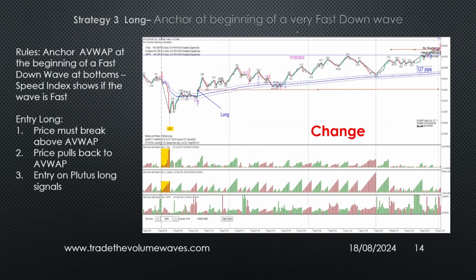All right. Now, another very nice and easy strategy. Okay, and this is anchoring at the beginning of a very fast down wave where we're going to go long. So what do